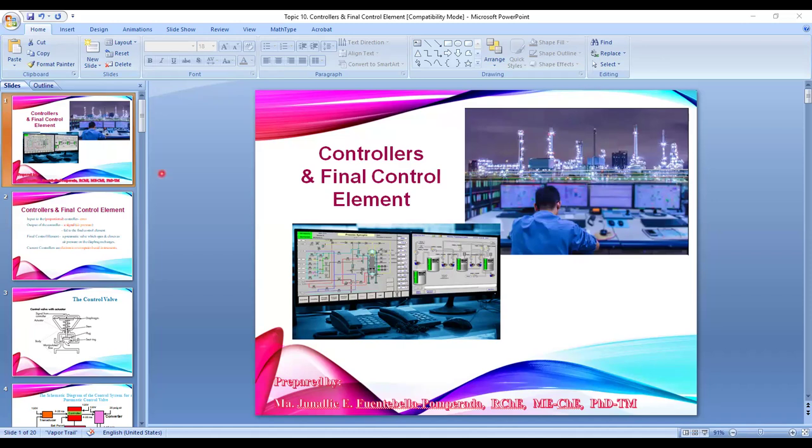So the input in this case, we will assume we're working on a proportional controller. So the input, or the thing that your controller works on, is the error, the difference between the sensed value and the set value of the variable.